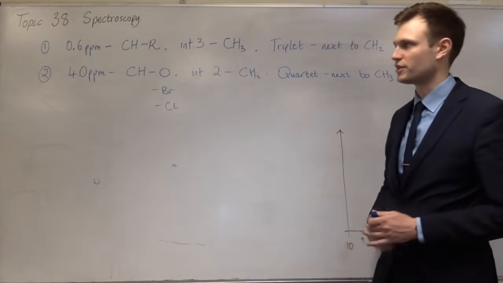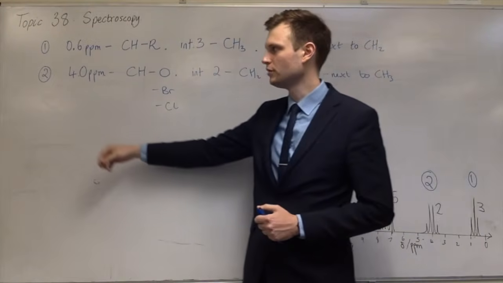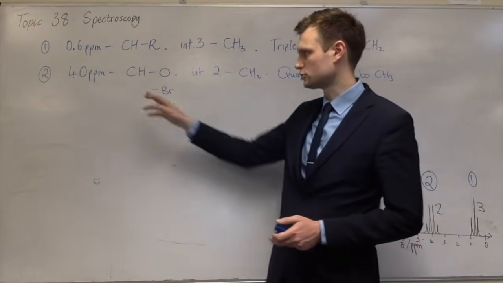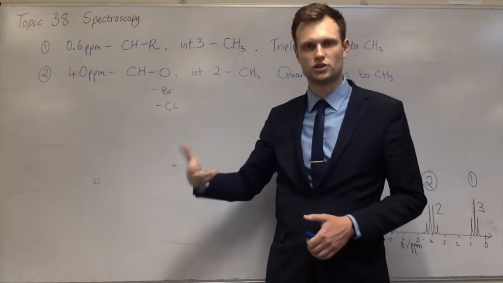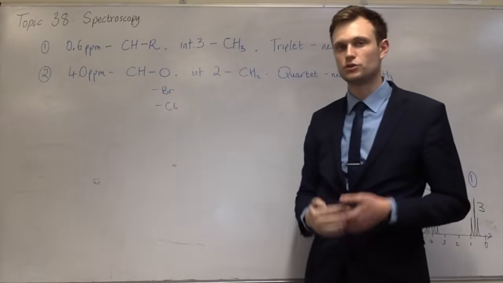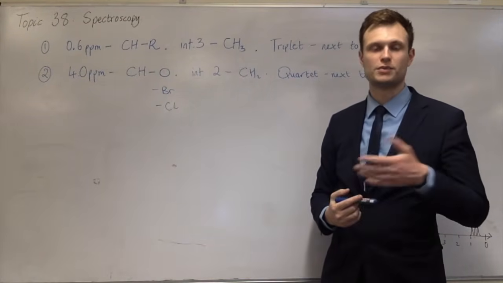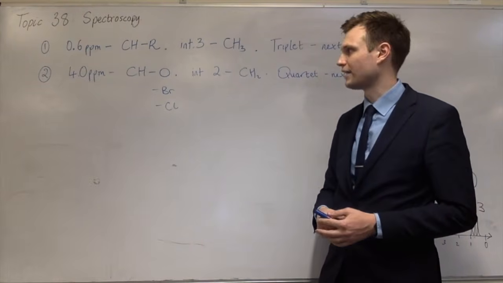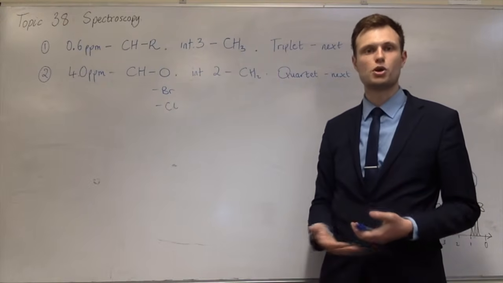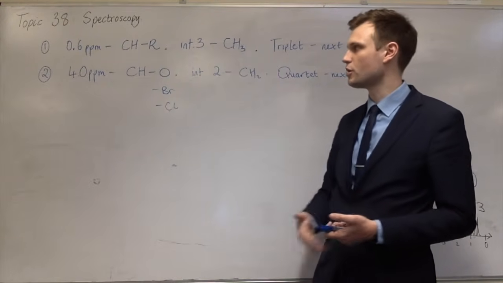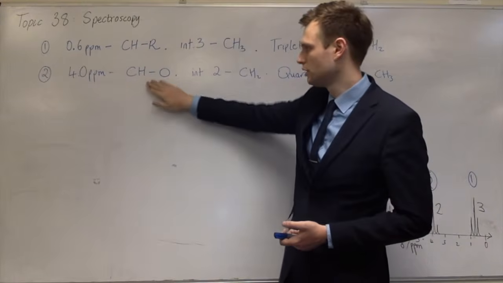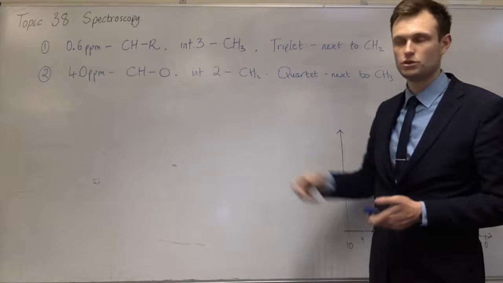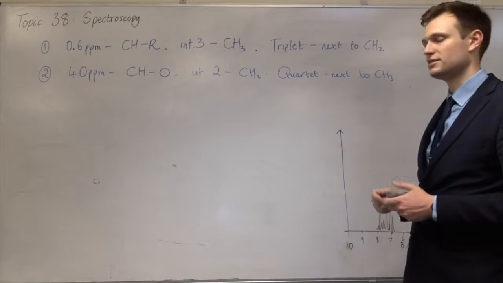Okay, so I've done exactly the same with the next one. It's at 4.0 ppm, which means that it's either a hydrogen on a carbon bonded to an oxygen, or a hydrogen on a carbon bonded to a bromine, or a hydrogen on a carbon bonded to a chlorine. Now, you normally get other information, such as molecular formula or a percentage by mass, which you can work the empirical formula out from. And I'm going to assume that I've got that information and know there's no bromine or chlorine. So I know that this is a CH bonded to an O, neither of those. It's got an integral of 2, which means that it's a CH2 group, and